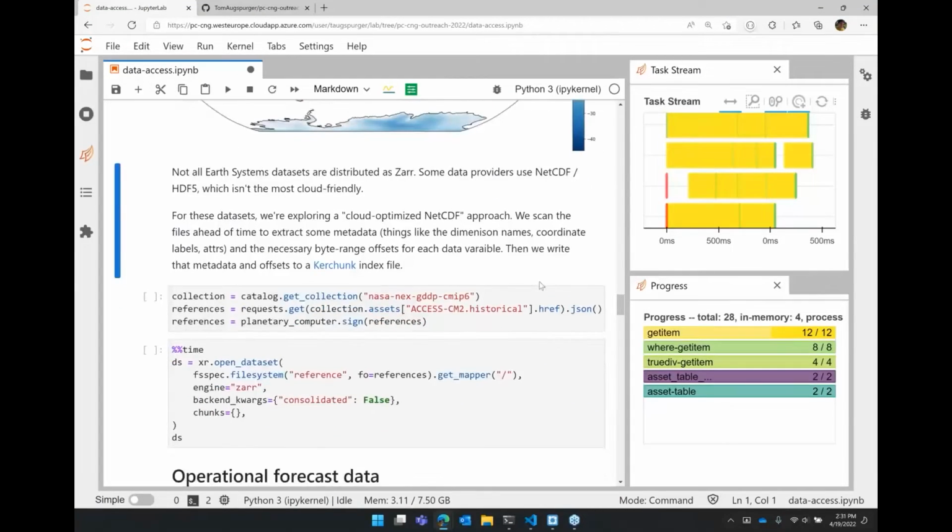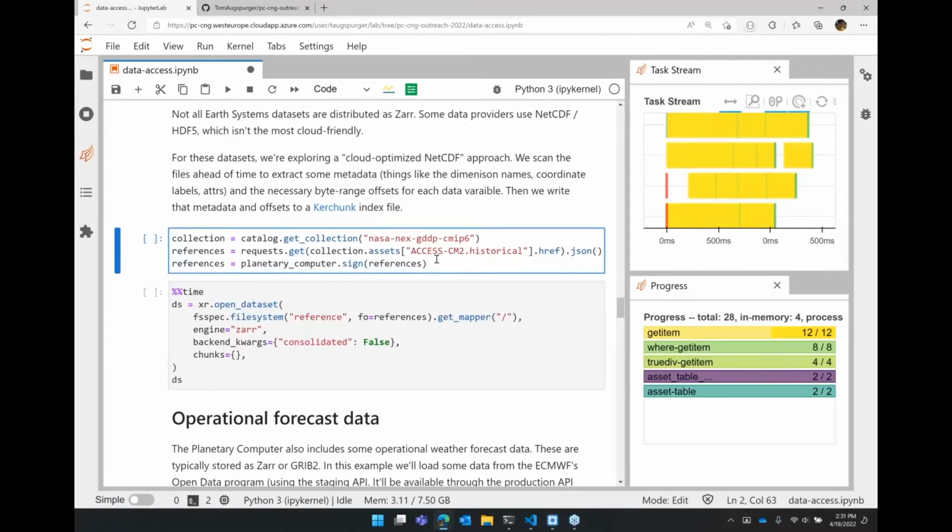Kerchunk has come up several times today already. So just to show that in action, for this next GDDP CMIP6 dataset, that was distributed as a whole bunch of NetCDF files, one per timestamp variable combination. You can just use those NetCDF files if you want. It's just going to be a bit slow to access the metadata, mostly thanks to how the metadata is written in the files. So what we've done is generate these